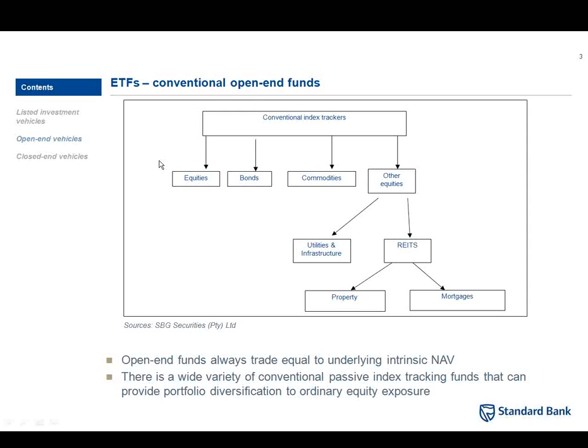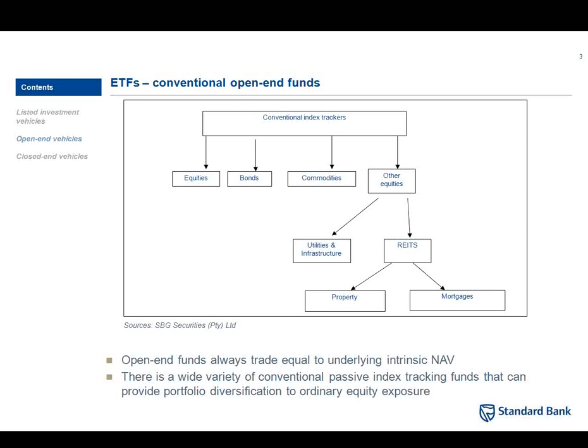To diversify their investment portfolios, the classical diversified portfolio is say 60% ordinary equities and then 40% in these other kinds of assets. So the important thing is open-end funds always trade equal to underlying intrinsic NAV. As supply and demand for the units in an open-end fund or an ETF changes, the managers of that fund issue more units or they redeem units, but always at the